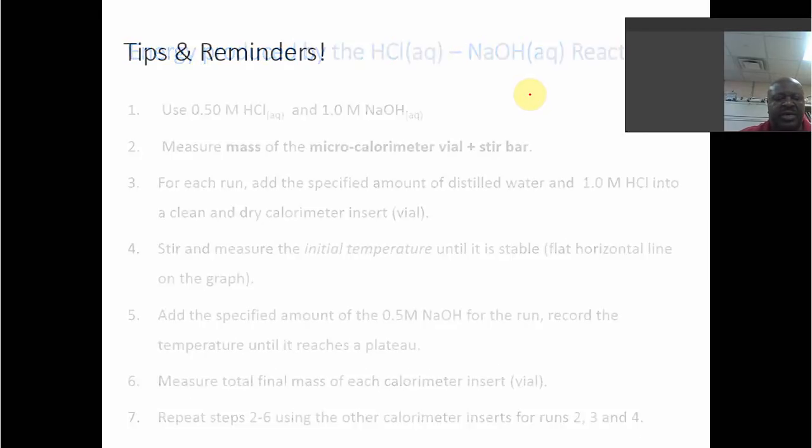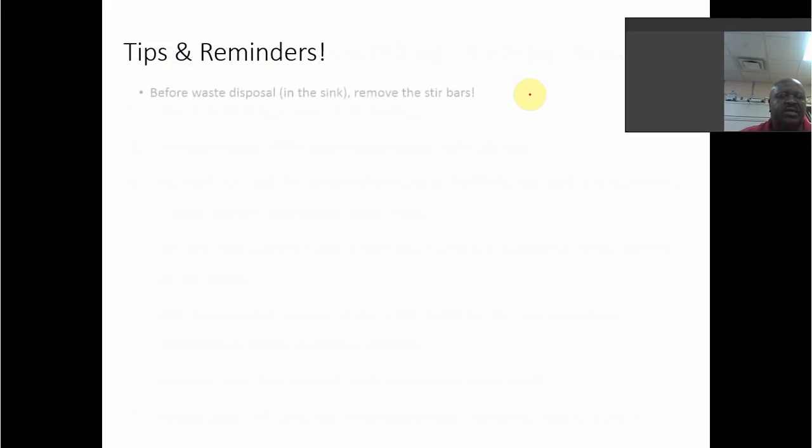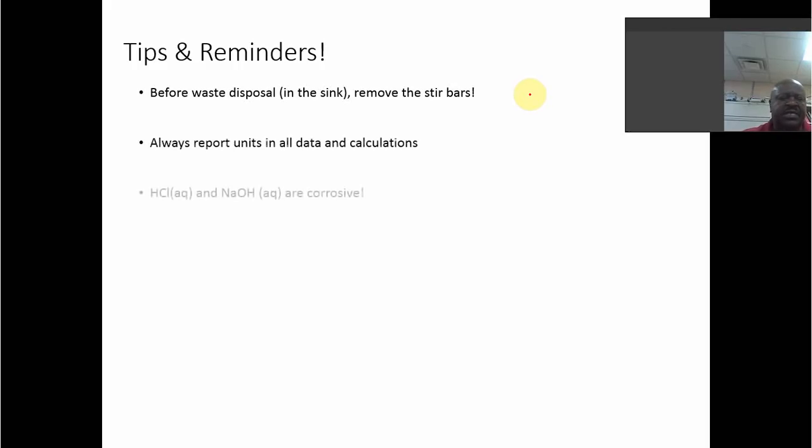Beyond that, you go one run after the other, and then you should be able to perform this lab reasonably quickly. It's only 4 or 5 runs, and so the measurement time should be about 20 minutes. Wear your lab goggles, and safety is very important, and then be able to do the calculations and check with each other and make sure that the